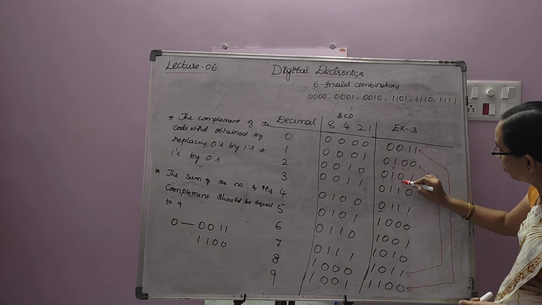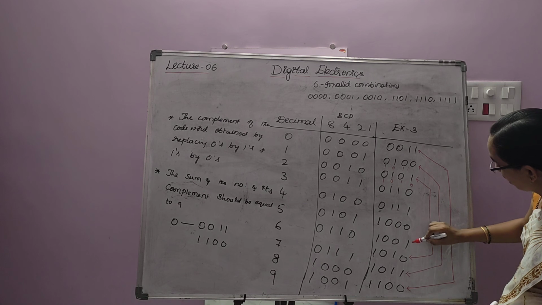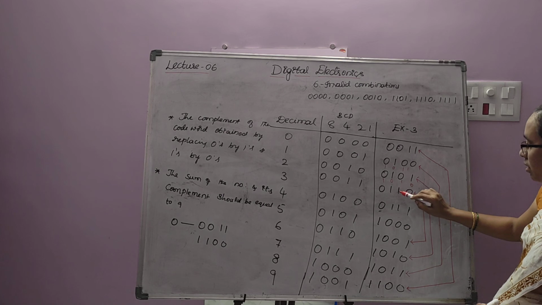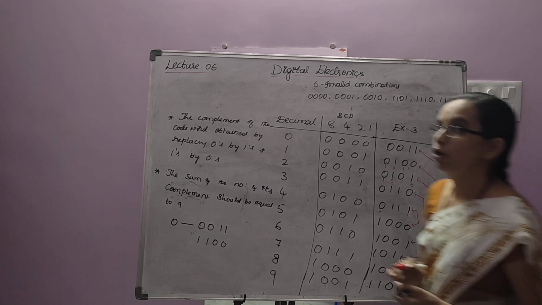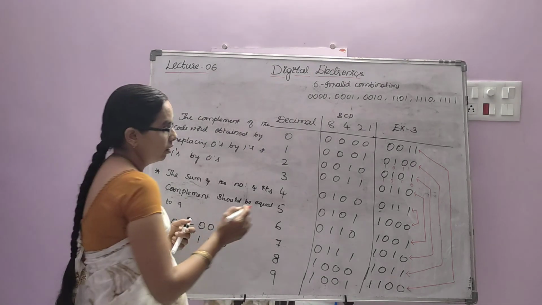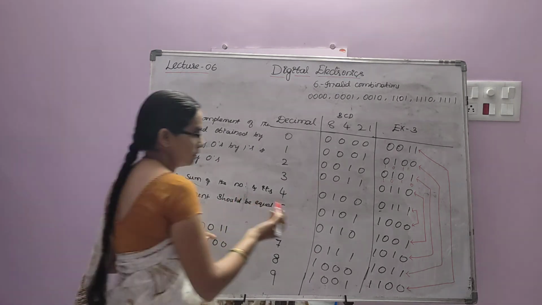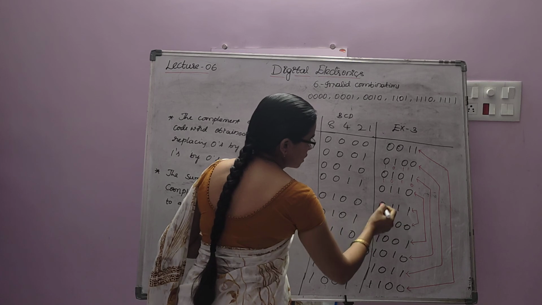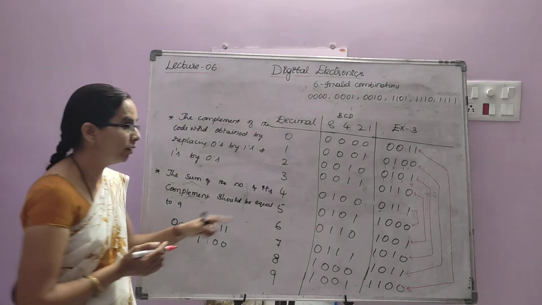0101, 1010, that is the decimal equivalent of 7. And here the decimal equivalent of 6 is the complement of the decimal equivalent of 3. And for 4, the complement is 5. Here 0111 is the decimal equivalent of 4 in XS3, and by replacing ones and zeros in this code word, you will get 1000, which is the complement of that.